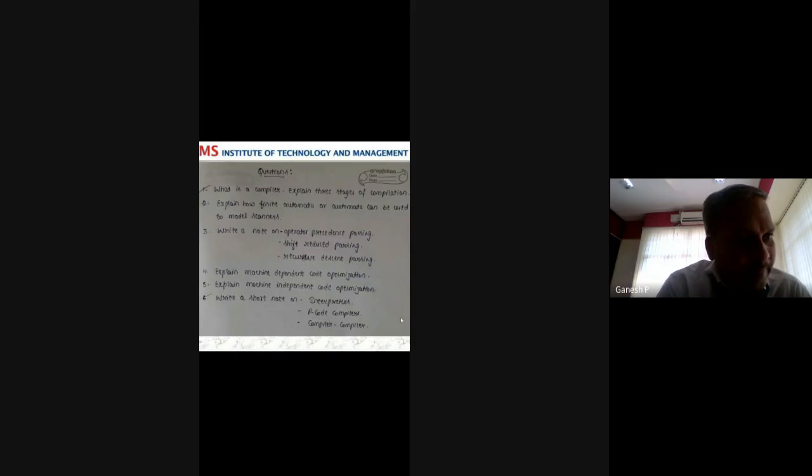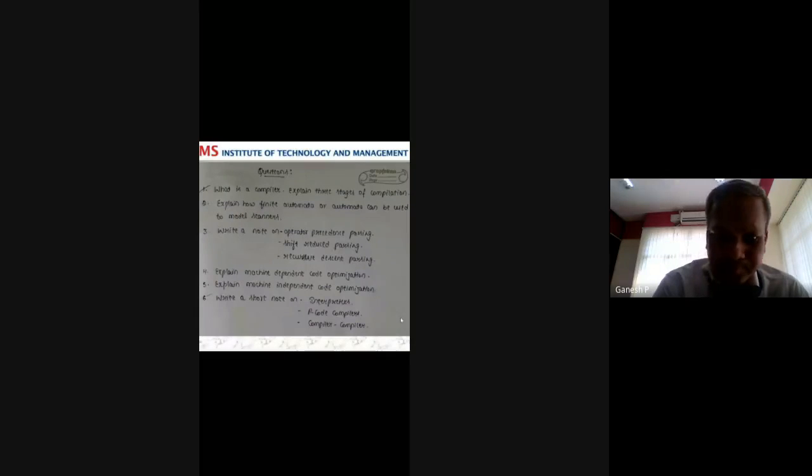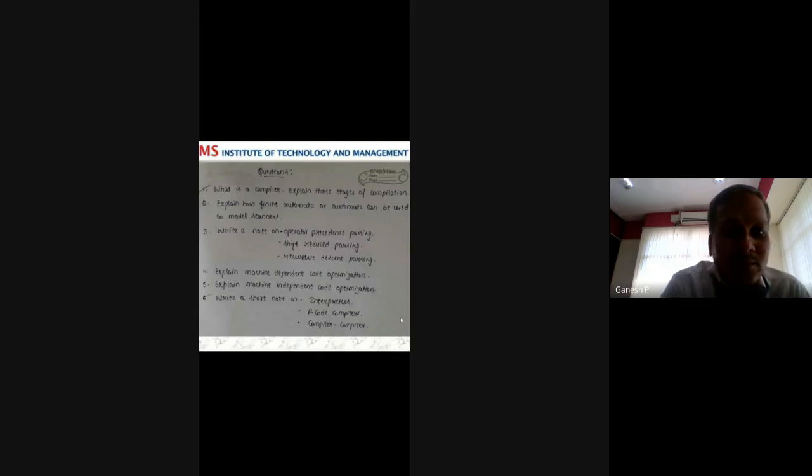So probably you can look at the bottom up approach type of parsing. Then machine dependent optimization, because machine dependent is more important than independent to understand the concept. So I prefer to go with the dependent rather than independent. So have machine dependent code optimization,